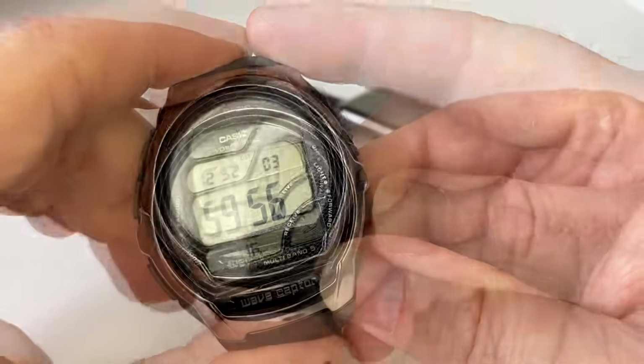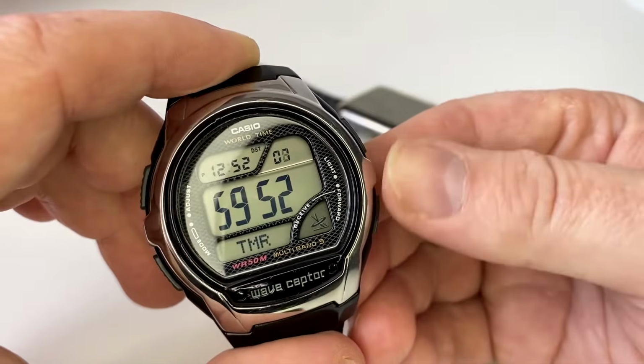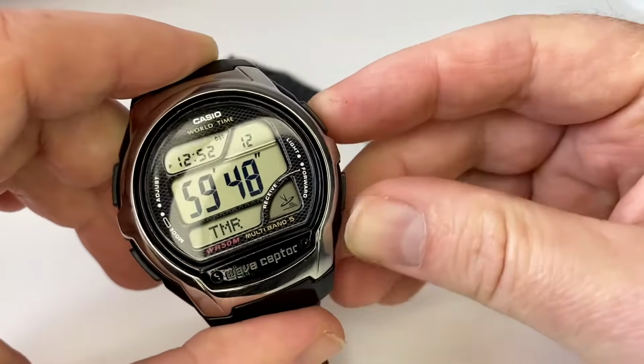Next one is a timer. This will go down by 60 minutes, so obviously, within an hour as such. So if you are timing anything like cooking or anything like that, then it's very handy for that. So I'll just,